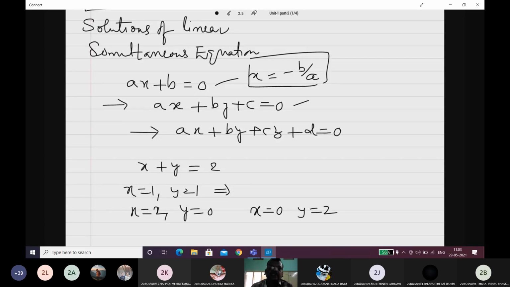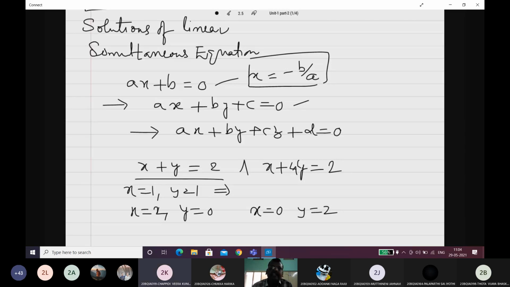By giving values for x and y that satisfy the equation, we get what are known as the solutions of the given equation. Suppose we have another equation. Then only the question arises. If there are more than one equation, two equations, three equations, then we call that a system of linear equations. Is it clear?